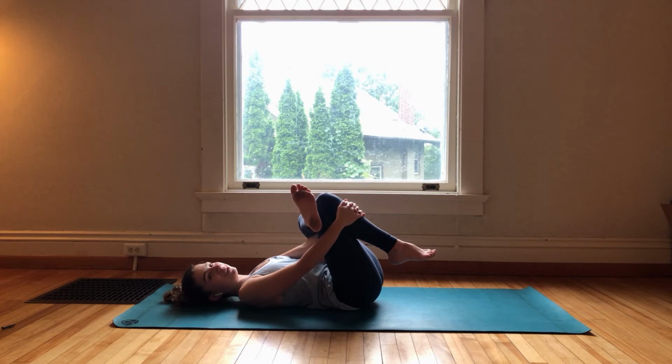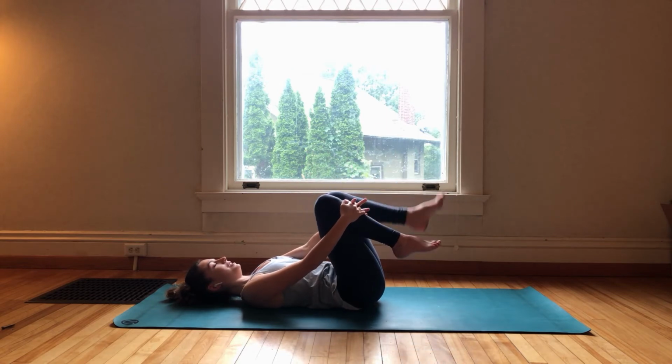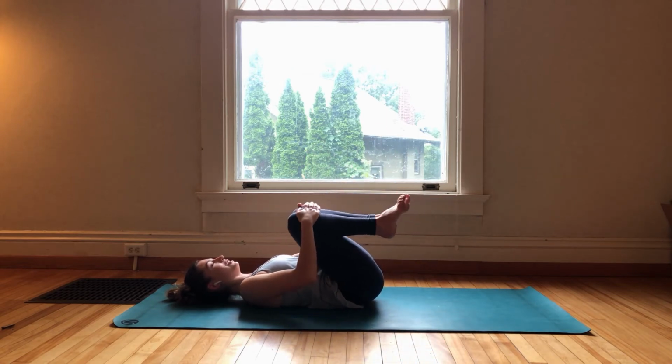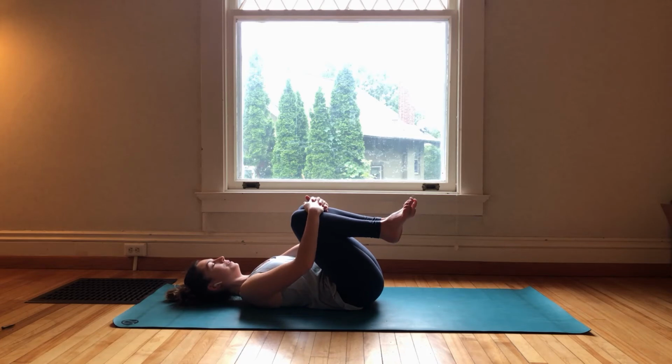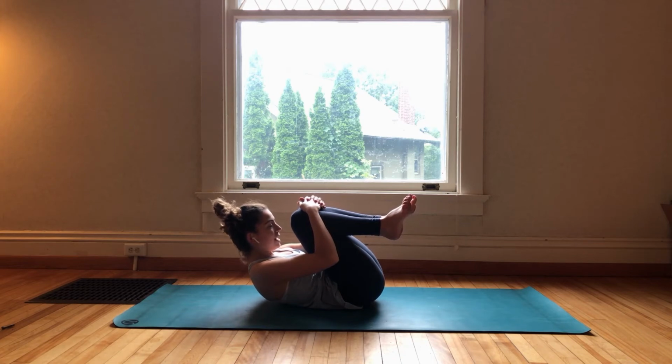Take one more deep breath here. And then uncrossing the left knee. Let's hug both knees into the chest. Big breath in. As you exhale, we're going to curl the neck and shoulders off the mat and take 3